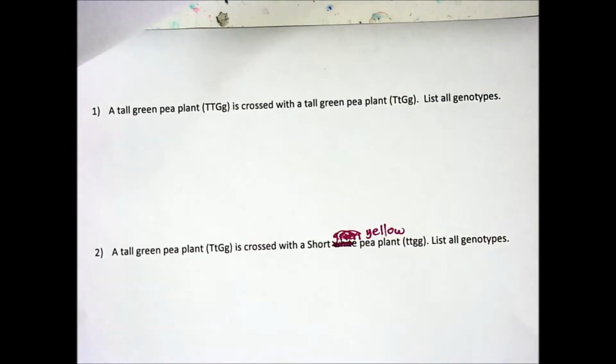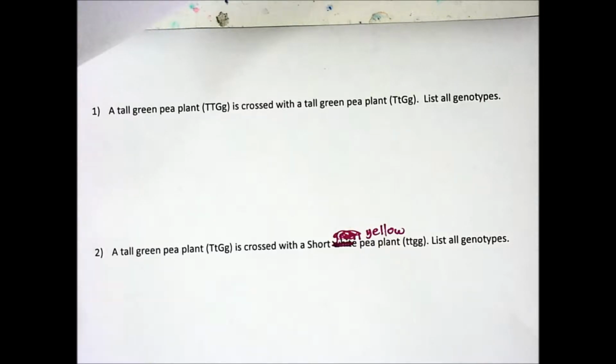The 16 boxes. I honestly have never known how to make a 16 box Punnett square. I find it to be way too time consuming and space consuming as well. 16 boxes is a lot of space. So here's what I'm going to do: I'm going to treat these two characters, the tallness, the height, independent